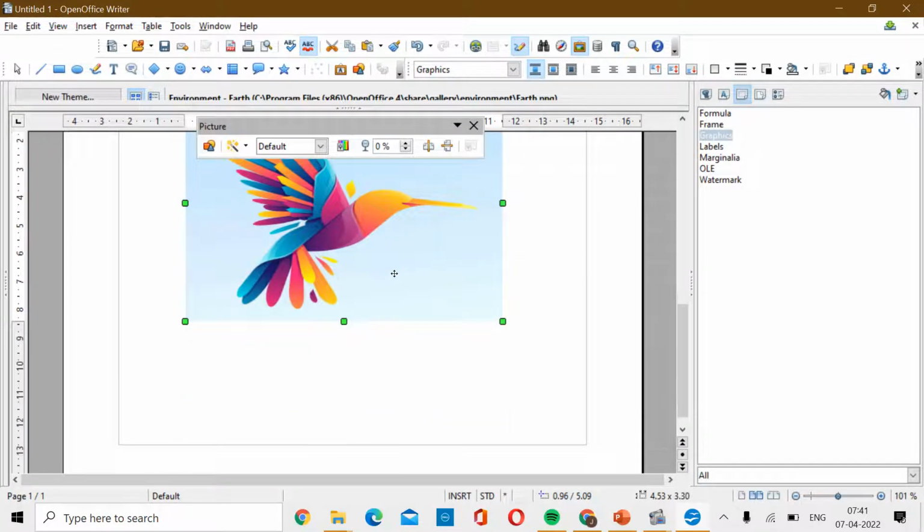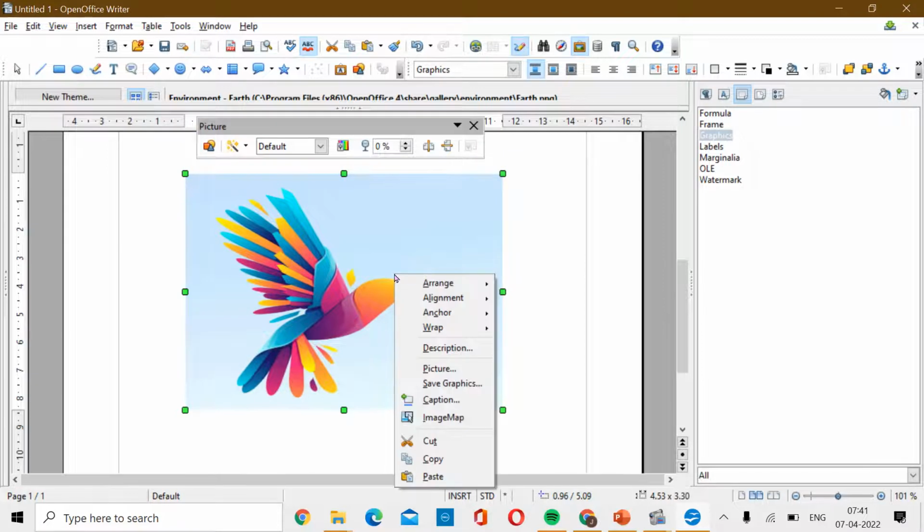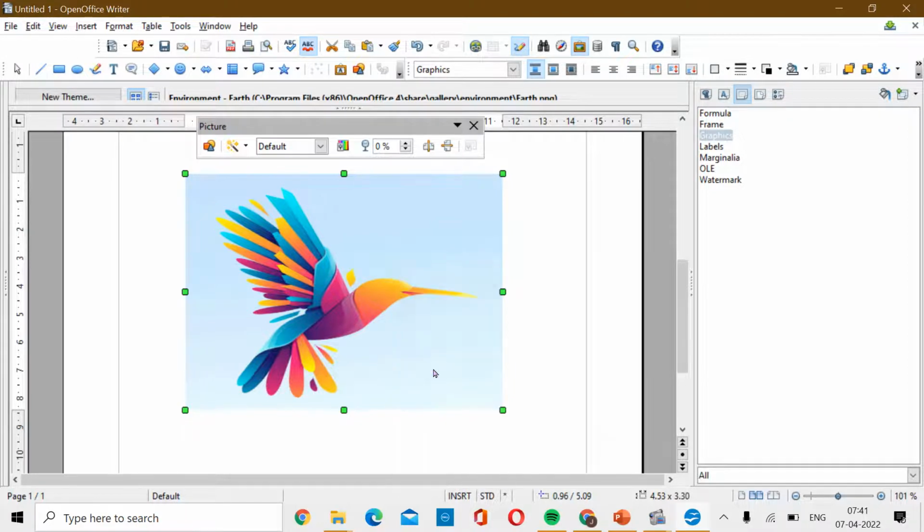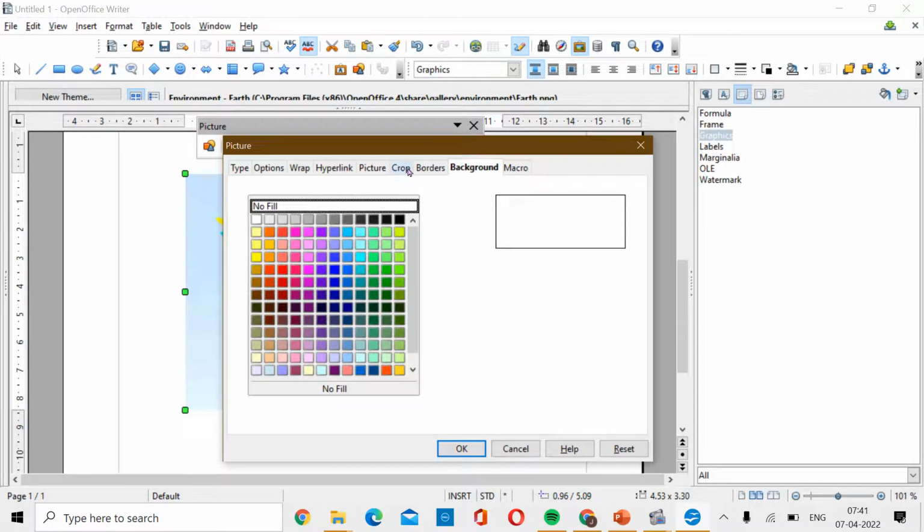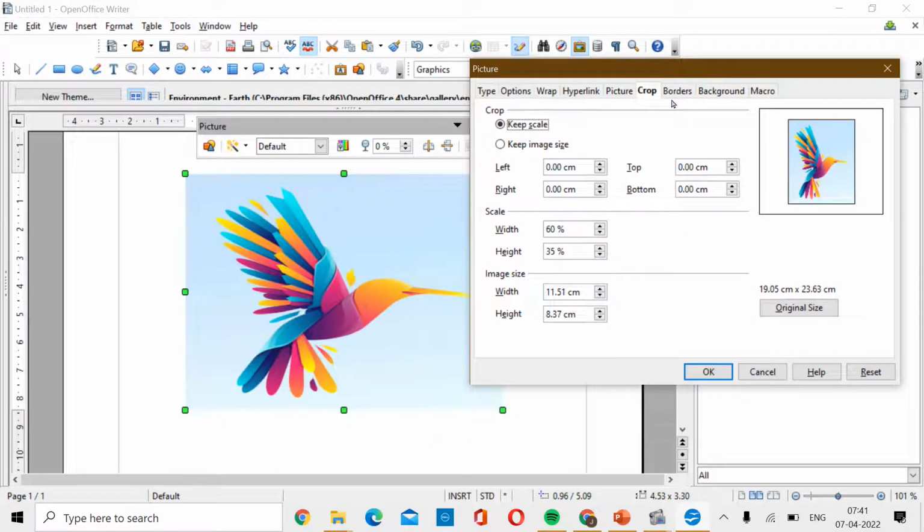Now there is one more option. If you want to crop your picture, you need to right click on the picture and go to the picture option from the pop-up menu. You need to select this picture option and you will find crop here. Can you see? Using this crop option, you can reduce the size of the image.